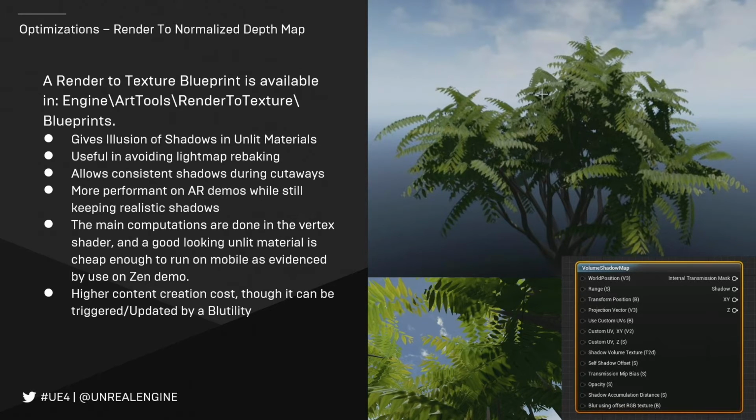And because it knows the depth, we can then use that depth information to create a shadow inside of the material by just using this node that already exists and plugging that texture in. So this functionality means that you can have what appears to be a really well-lit asset, but in reality, it's unlit and it's just low overhead. This is especially useful in VR.